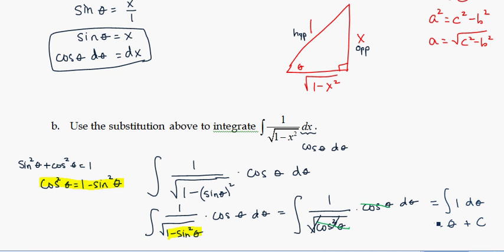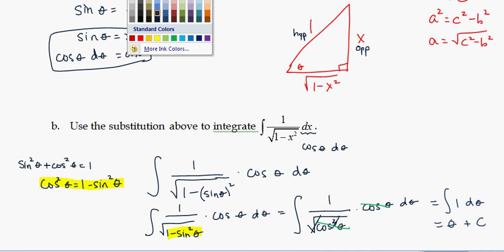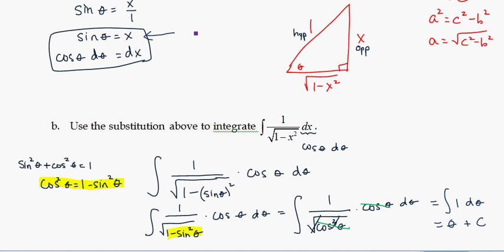in terms of x. So for this, I go back to my original substitution, right? If sine of theta is equal to x, how do I solve for theta? So let's change colors yet again. Why not? How about purple? So if sine of theta is equal to x, how do we get theta by itself? Well, we take the inverse sine of both sides of the equation,